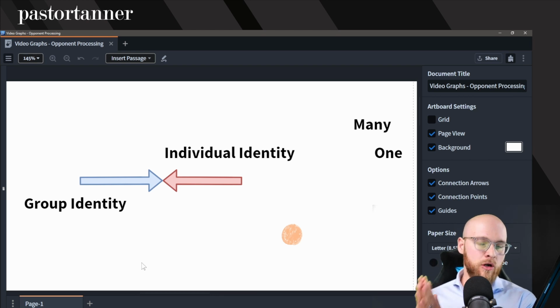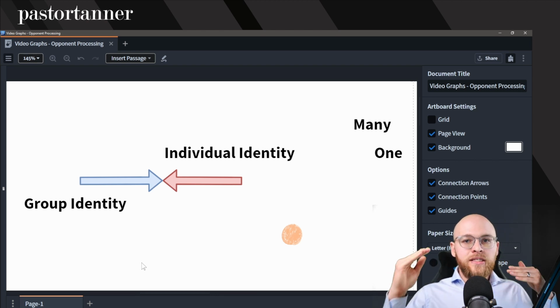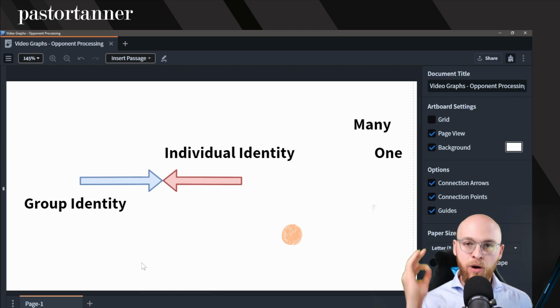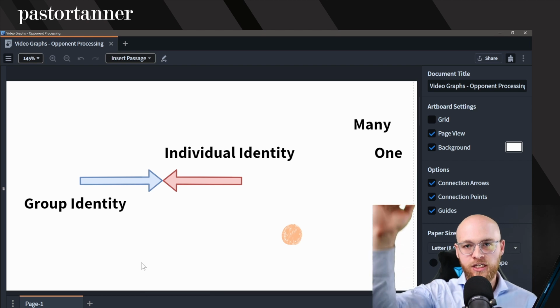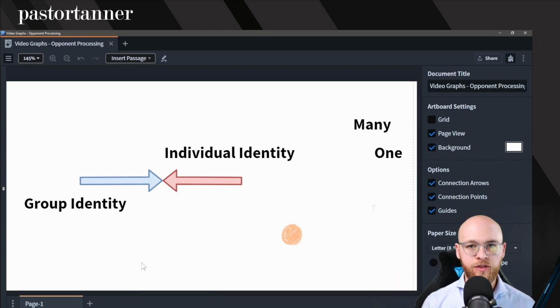Here's a very important concept for us to understand. When dimensions are removed, opponent processing looks like tribalism. You have to understand this, because so much of what our world is doing in terms of its tribalistic fights is opponent processing on a reduced dimension. That's all that's happening here.